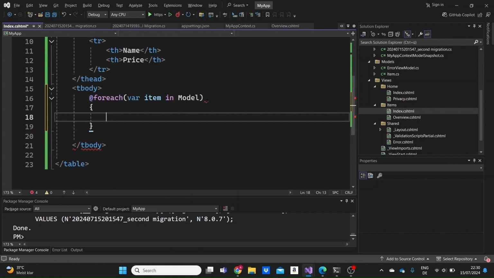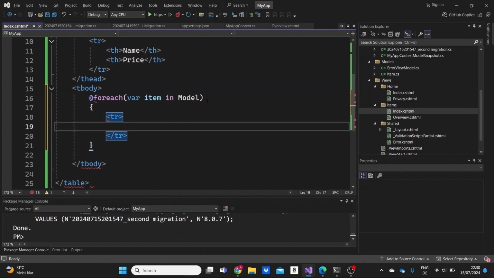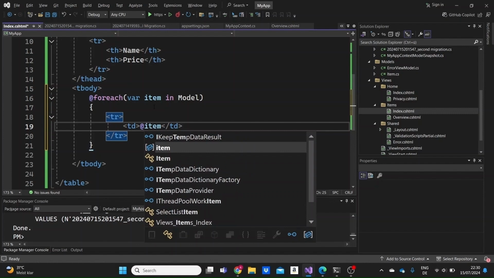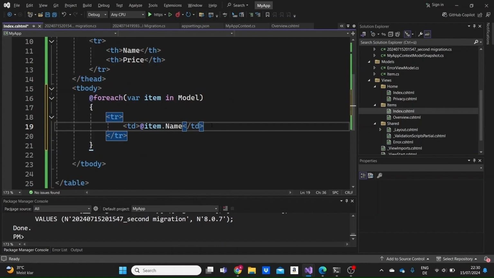And down below, inside a single table row, we will display, by using the table data tags, the name of each item by writing @item, which is the name of the variable we specified here, and another table data